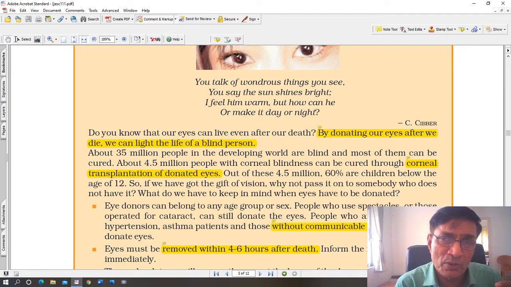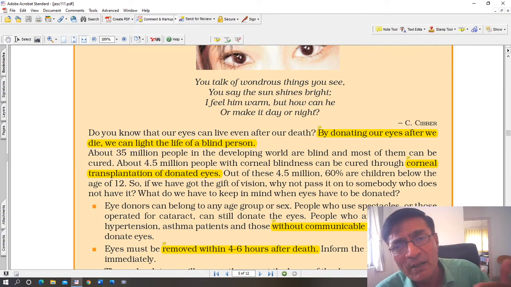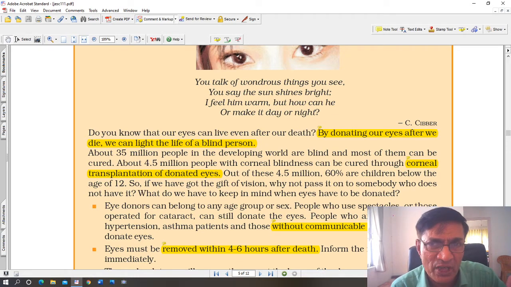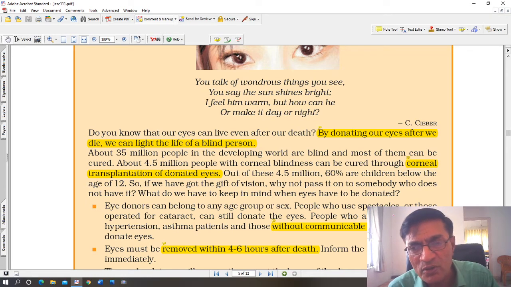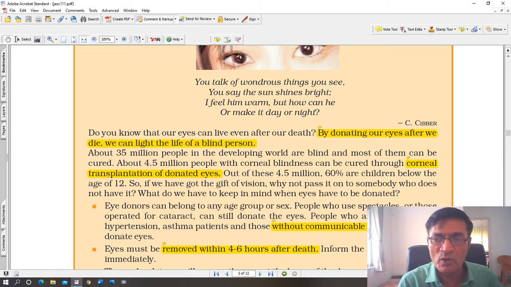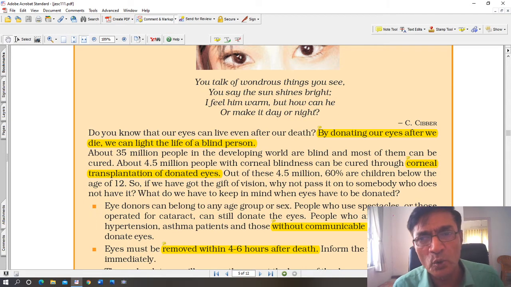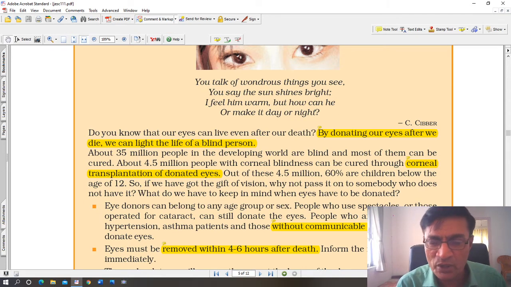It needs oxygen supply and nutrition also, otherwise it will become dead tissue. It is stored in special containers, and then when a person requires a corneal transplant, a new set of corneas, a person whose cornea is completely damaged, their cornea can be changed and he can get vision once again. Lots of people in India suffer from such blindness which can be restored. So for donating your eyes, once you die, you can write a letter clearly stating that you wish to donate your eyes. In which case the process is very simple.